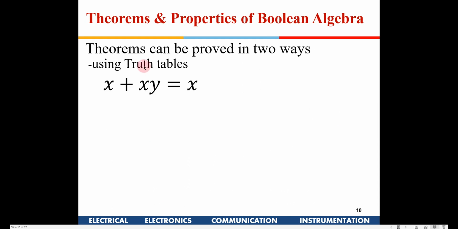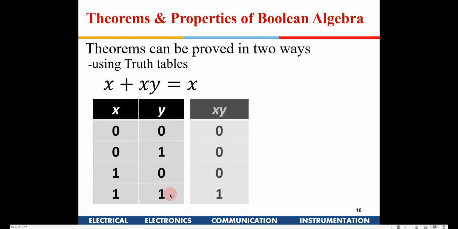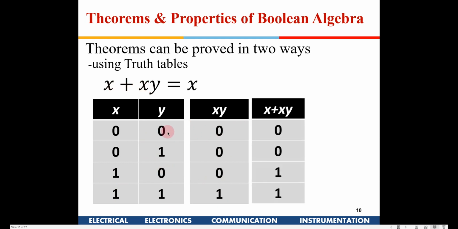The second approach is using truth tables. In a truth table, first we make the table of inputs. Since there are two variables, there are 4 different combinations, so we put all 4 combinations into a truth table, and then we need to find x plus xy. So x is here, so let's make xy. xy is an AND, so 1 1 is 1, 1 0 is 0, 0 1 is 0, 0 0 is 0. And then I write x plus xy, which is the OR of the x column and the xy column. So 0 0 is 0, 0 0 again 0, 1 0 is 1, and 1 1 is 1. So this is x plus xy.